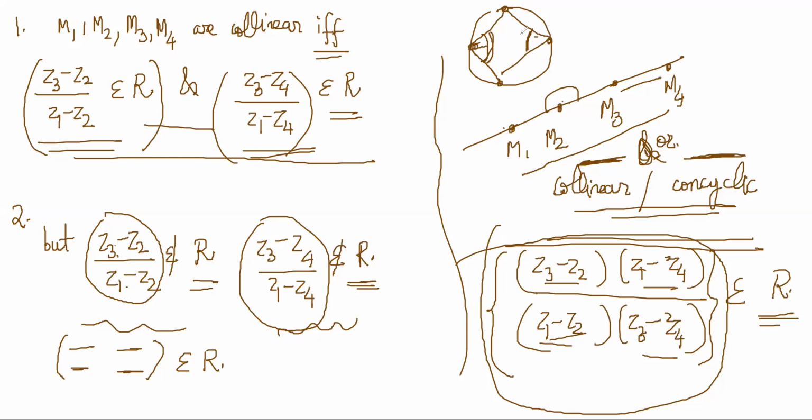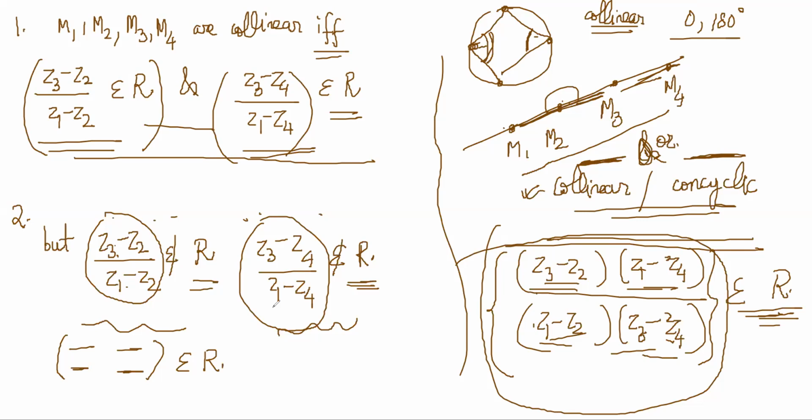Yes, sir. It is all coming by the arguments thing, and collinear and concyclic are very related in the sense that these four things combine together to become real. But in collinear, the individual parts are also real because every angle is either 0 or 180 degrees, right? If it is collinear, 4 points, right? But in concyclic, every angle doesn't have to be 0 or 180 degrees. The sum has to be 0. So individually they can be non-real, but the product has to come out to be real, right? I hope that is clear, right?